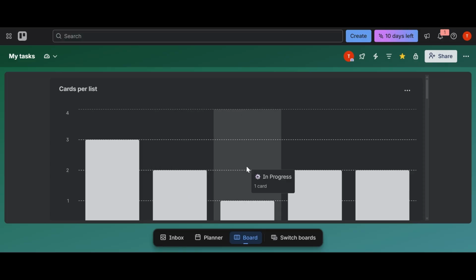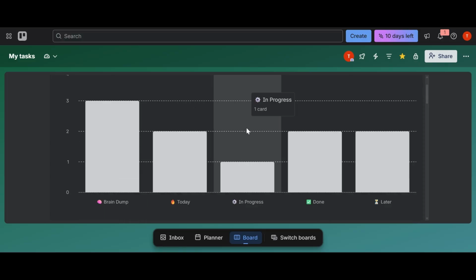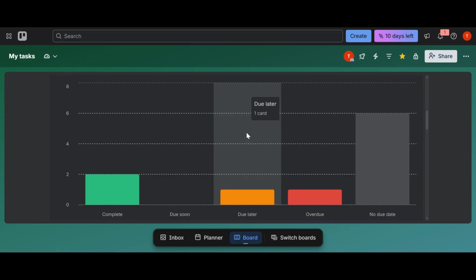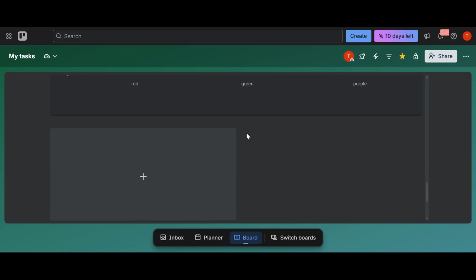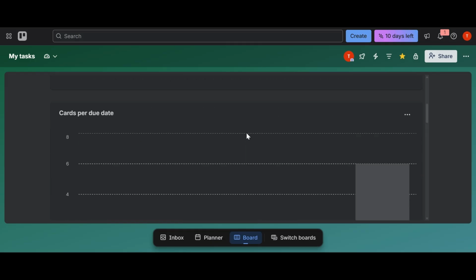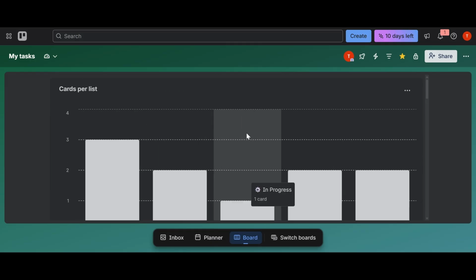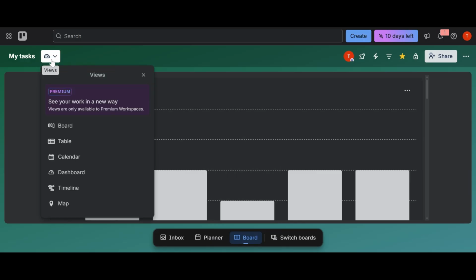Instead of just viewing cards in lists, you can see charts, workload distribution, due date breakdowns, and other performance insights. This is incredibly useful for project managers or team leads who need a high-level overview of progress without digging into every single card. By combining the top navigation bar for switching boards, the workspace for organizing projects, the right-hand menu